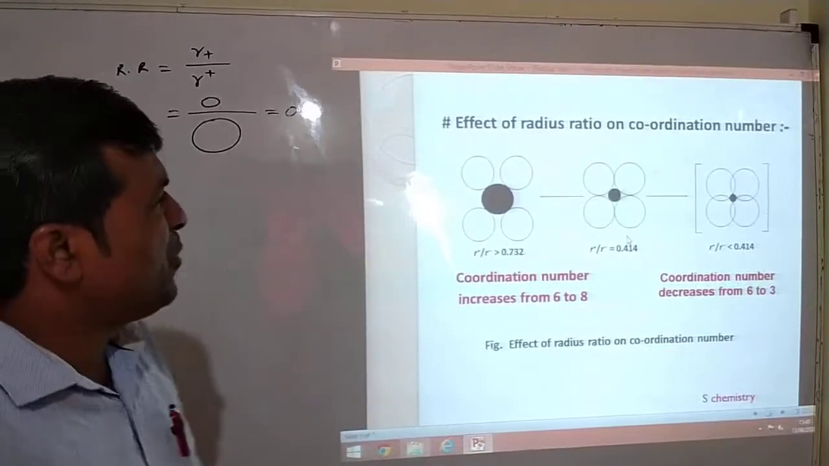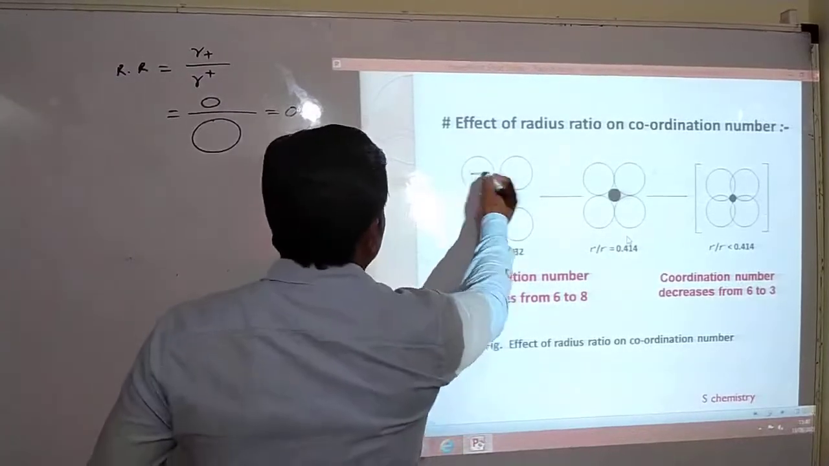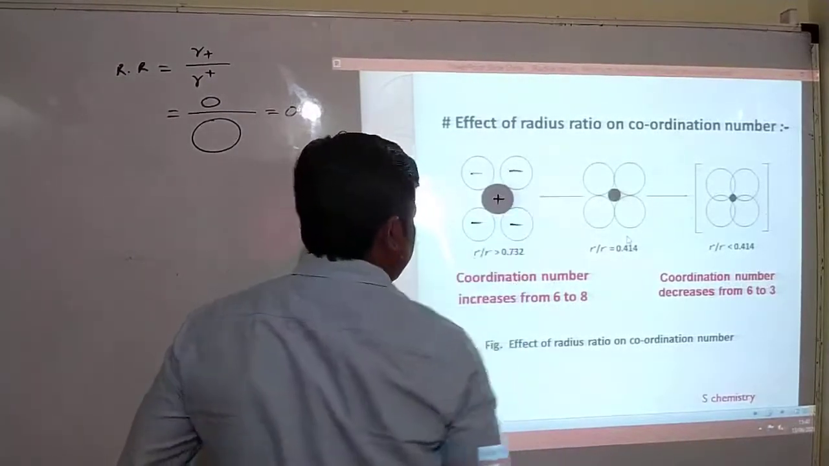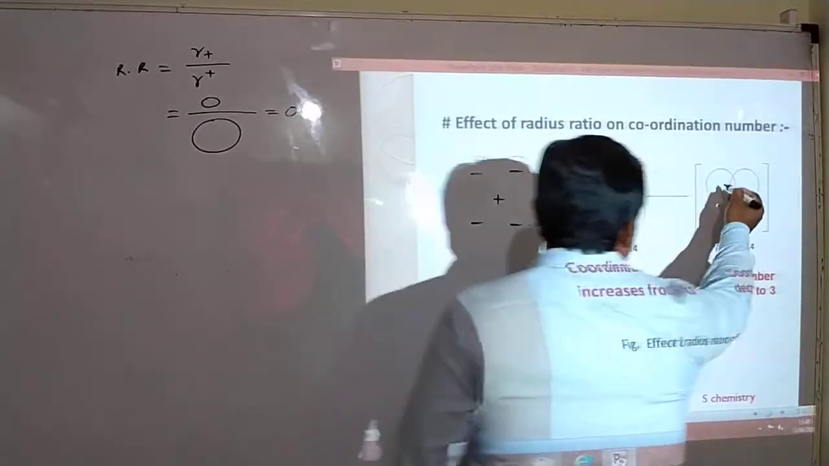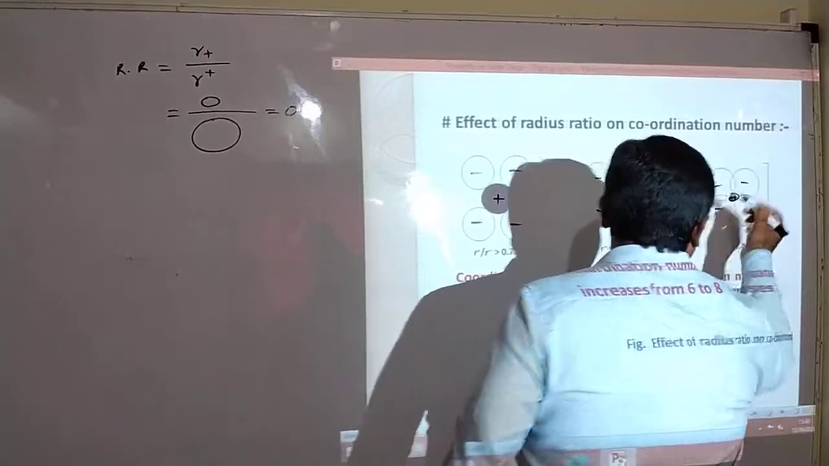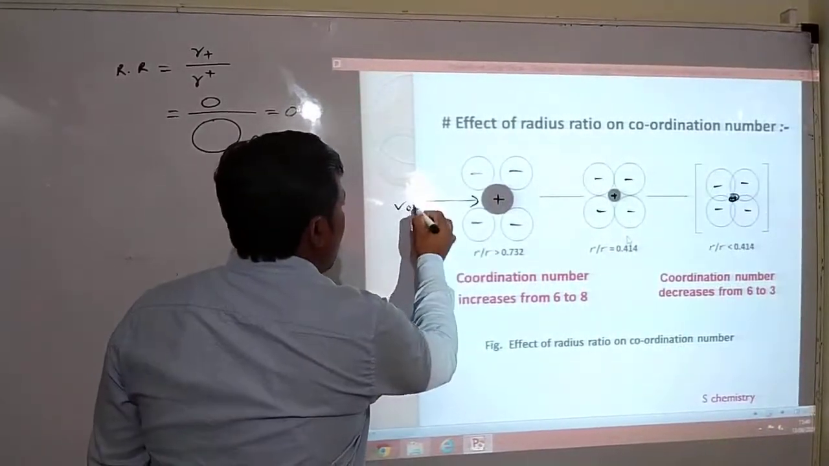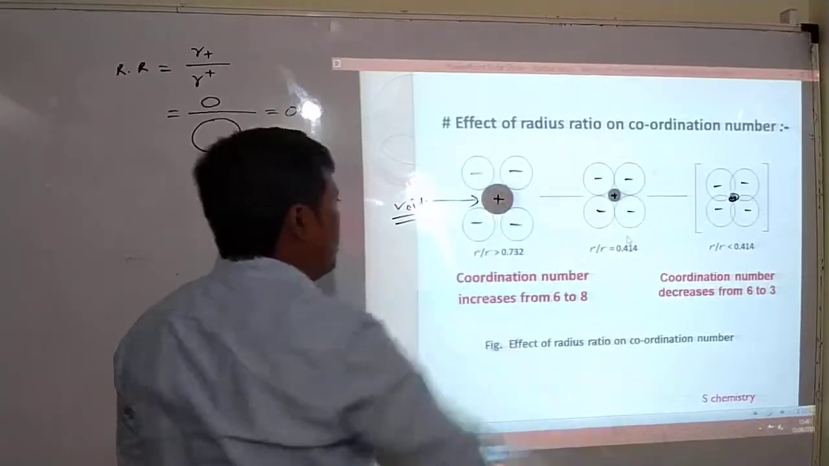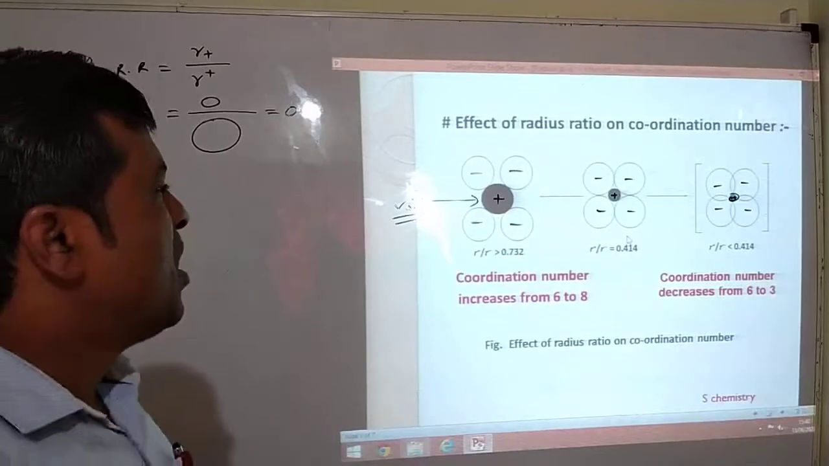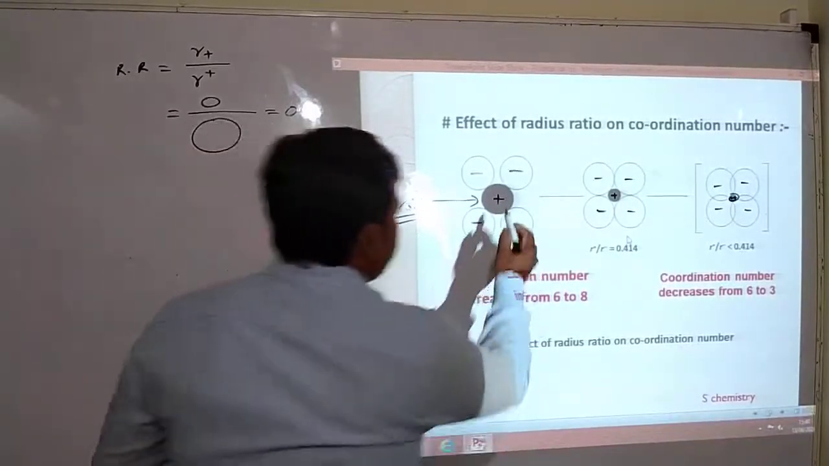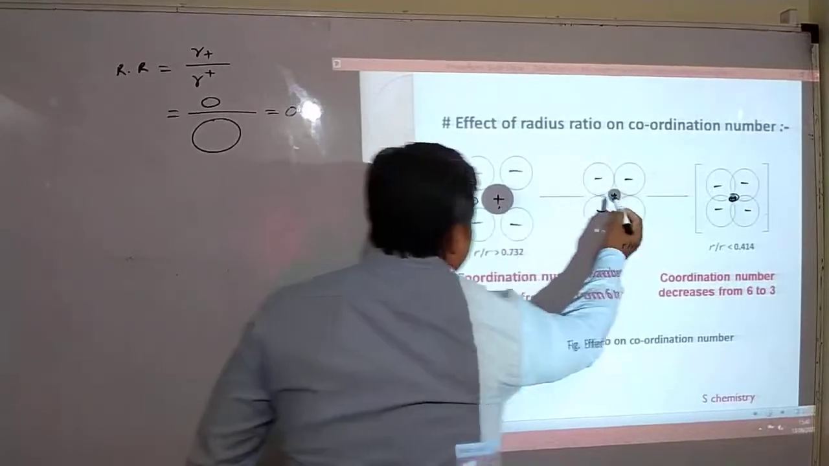What is the effect of radius ratio on coordination number? Consider these anions and these cations. Anions are generally larger than cations, so the anions create a void, and in that void the cation gets trapped. As the size of the cation, as the size of the void, decreases,